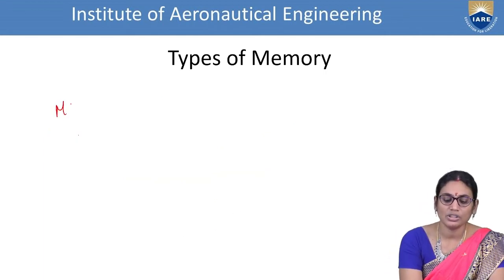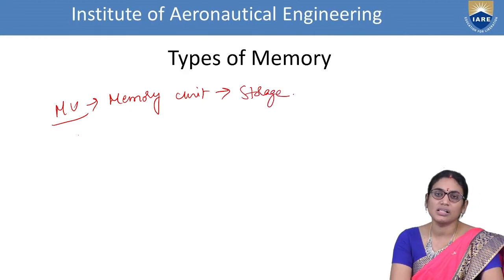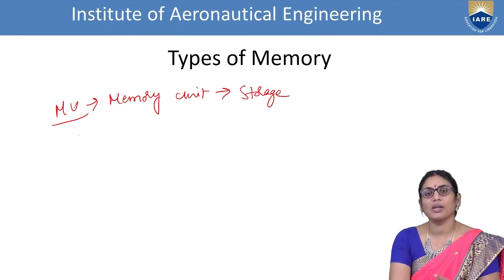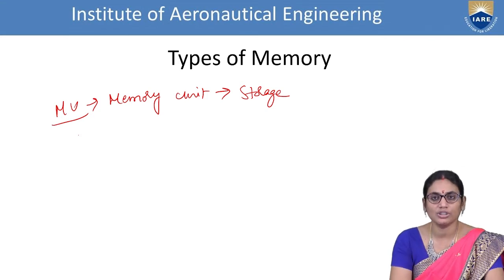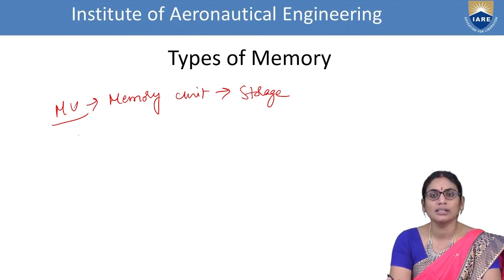What is the major functionality of this unit? It is intended to store the data, or to store the maximum amount of information. So the basic intention is storage. So how do you store? We are not bothered whether we are storing 1 bit or 1 byte or n number of data. We are simply saying that it is a storage unit which holds the data. What kind of data, what form of data, we are not bothered. We are just saying that it is in the context of storing the data.